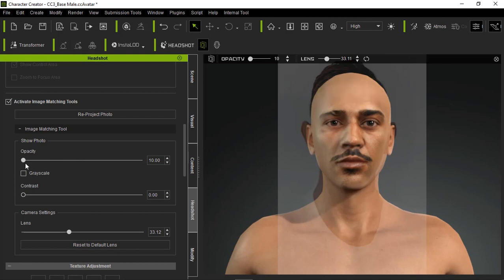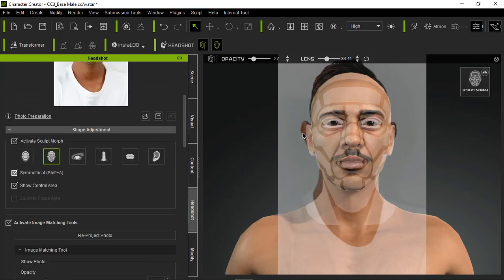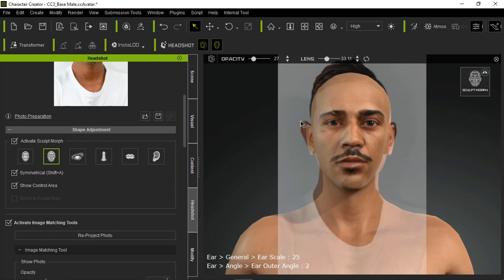This is the thing, so you can give a little bit of space, and then you can go to scalp morph, and then you can mess with his ears. You can make them bigger. Then he got a little bit bigger ears,